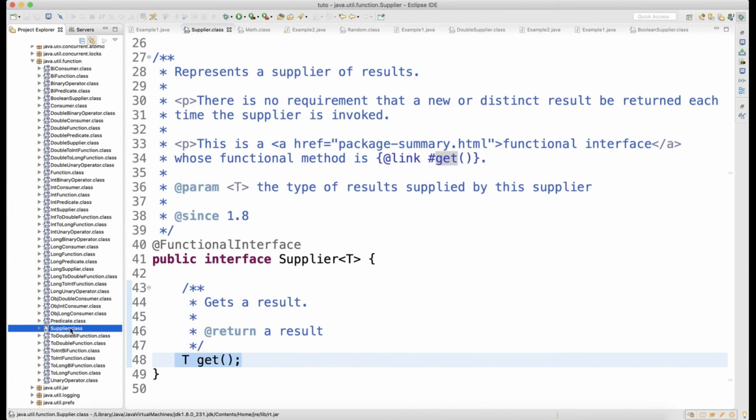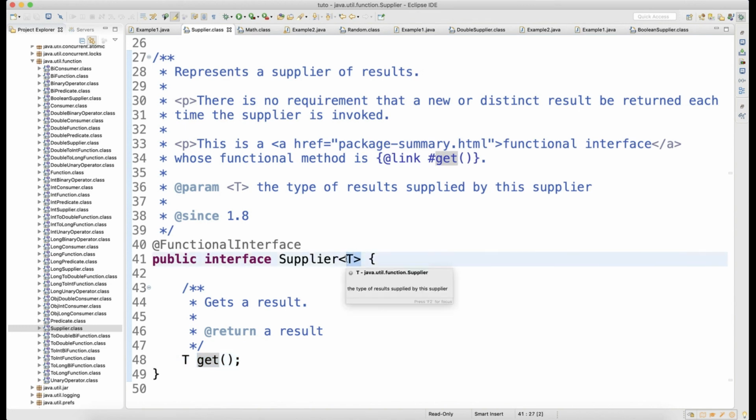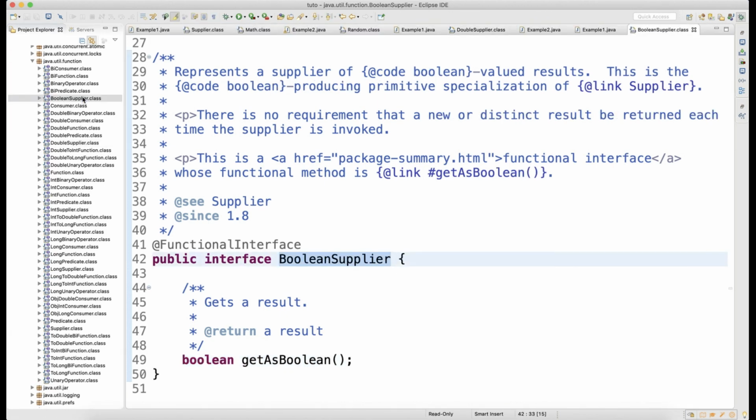So basically if you ask me, through supplier we can handle everything. Through supplier I can just get the output by passing the type in the angle bracket, but for your convenience they have given something called double supplier and Boolean supplier, right?